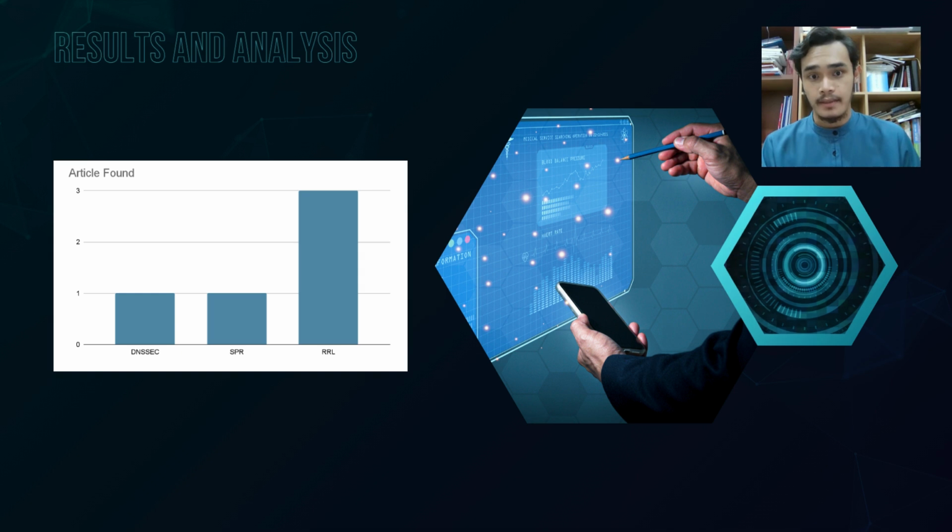Here are the results and the analysis for the project DNS spoofing and techniques. Based on the bar graph that we have presented here, it is undeniable that response rate limiting, or RRL, is the most efficient way to use when it comes to DNS amplification attacks, as RRL is a type of mechanism that limits the rate at which DNS responses are sent from the server. By limiting the response rate,